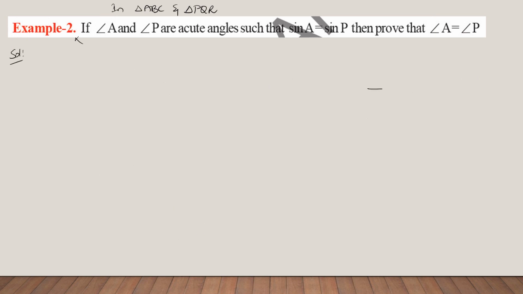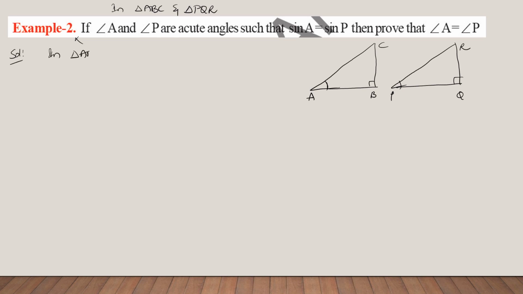Now let us consider two right angle triangles. If you clearly observe, there are two right angle triangles. In one right angle triangle, I am going to consider this angle as A, which is an acute angle, and this is my ABC right angle triangle. I am going to consider one more right angle triangle, where Q is the right angle and this is my R. Right. So using this, what he has given,